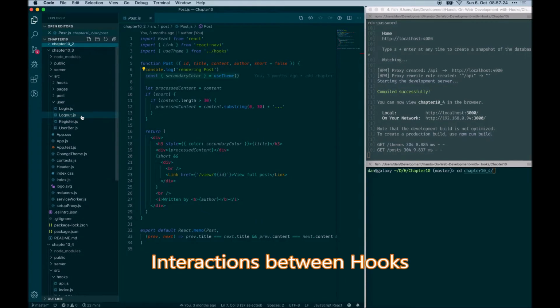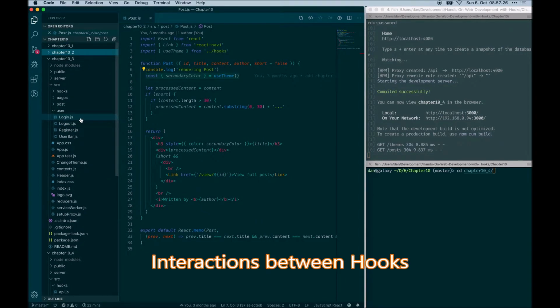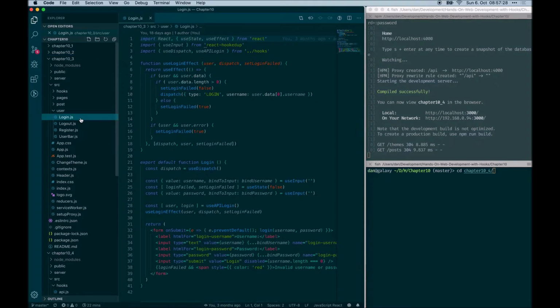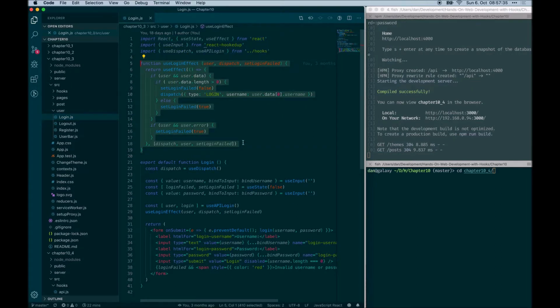In the third code example of Chapter 10, we implemented local effect hooks. These hooks are not used across the whole application, but are just used in one component. So we kept them in the file for the corresponding component. In this case, we implemented a useLogin effect, which is only used in the login component. And it still makes sense to keep it in a separate hook function,